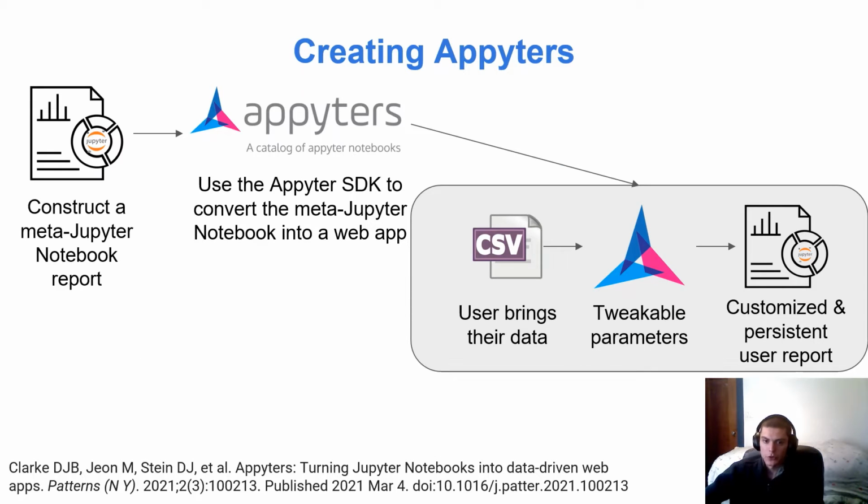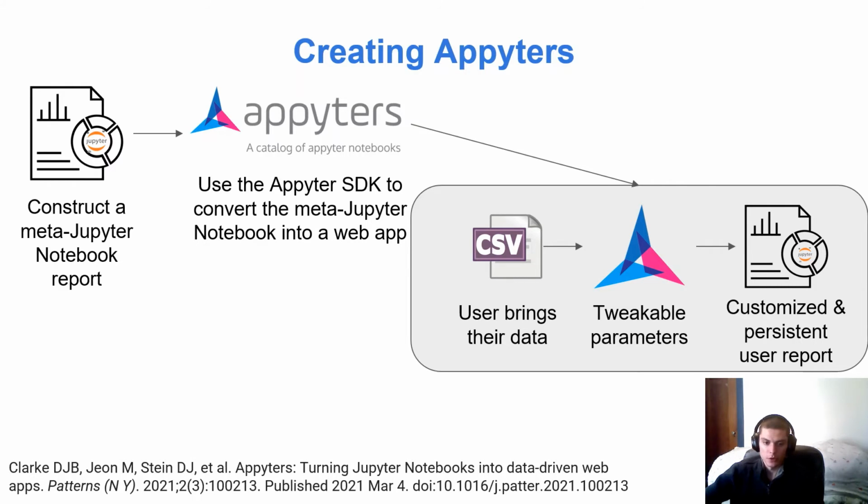Importantly, Appyters are extremely easy to produce based on existing informatics analyses that may already be implemented in the form of a Jupyter Notebook. Appyters provide a means to parameterize a Jupyter Notebook and use that notebook directly to construct an Appyter web app, turning one analysis into an analysis others can use even without coding experience. The functionality of the resulting application is strongly coupled with the meta notebook report, making the development lifecycle from prototype